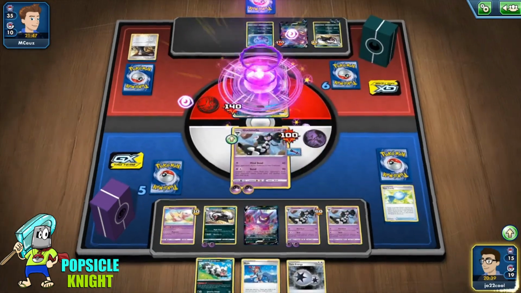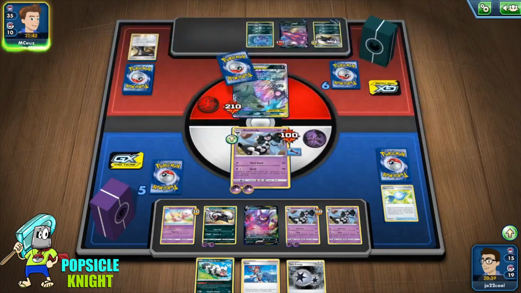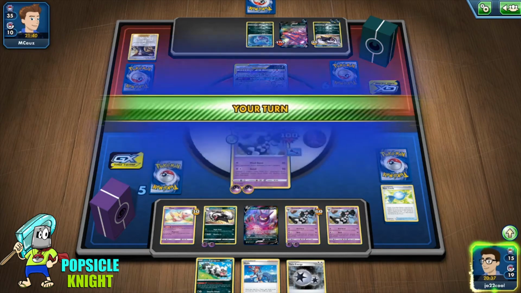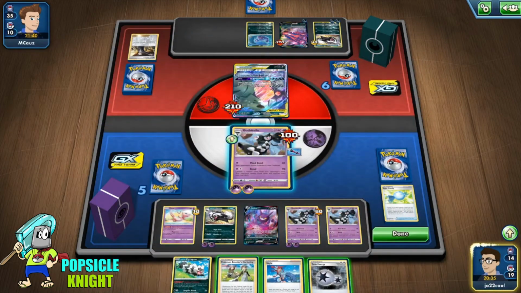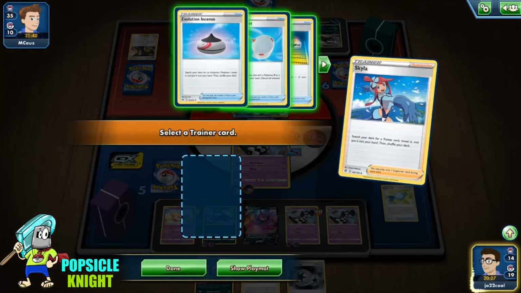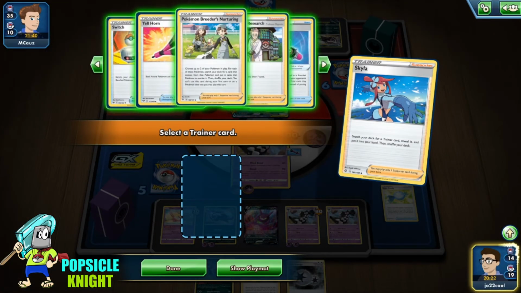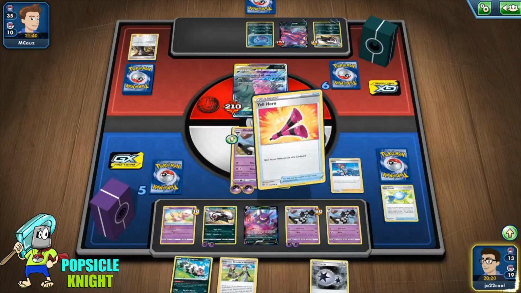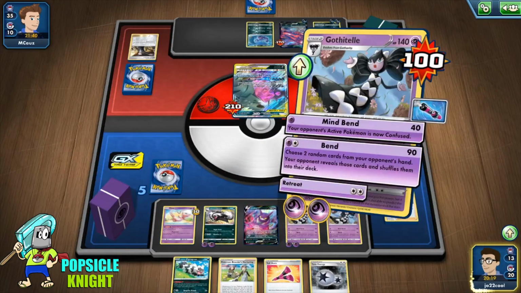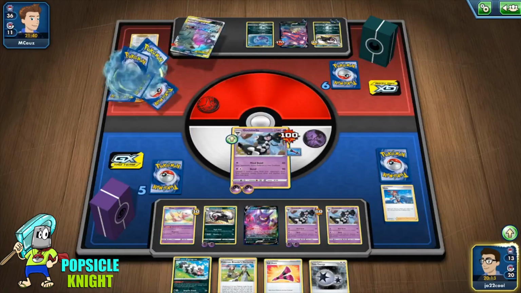Keep attacking this tag team, Sableye and Tyranitar tag team. Yeah, having their top deck is not helping our opponent out, so let's use Skyla, see what we get. I think, yeah, let's get Yell Horn just in case. We're just gonna knock out this tag team with Gothitelle